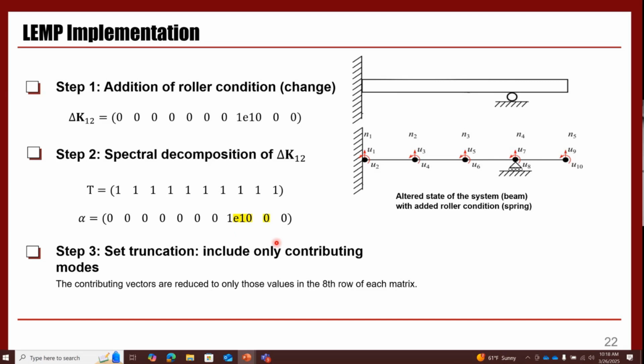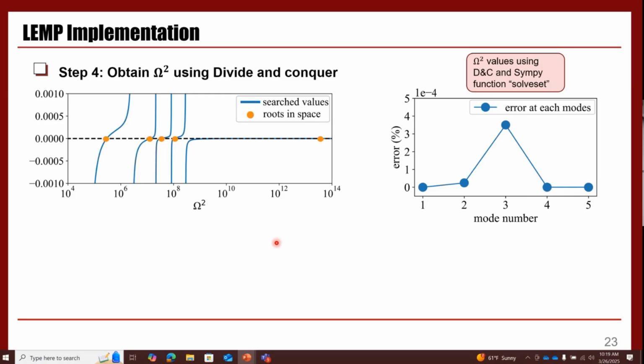So now we don't have to consider all the modes in the system. We can just consider the few modes that have higher participation factors. Now, step 4: we can solve the set of reduced second-order equations using the divide and conquer approach, the solver that I talked about that we formulated earlier. And then we compare this solver to an available function in Python, the SymPy function subset, and